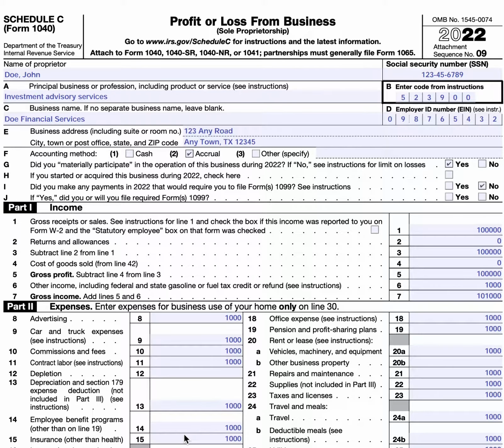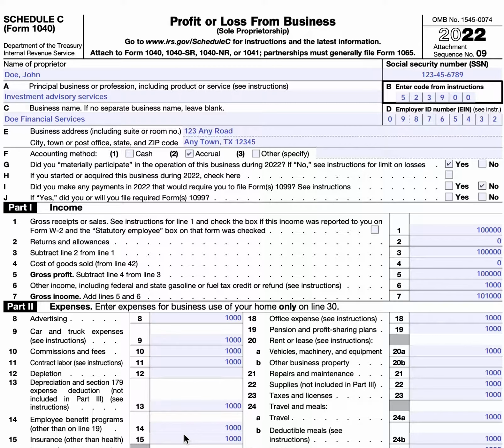We're going to go over Schedule C of your income tax return for IRS Form 1040 or 1041. So this is the tax form that records your profit or loss from business if you are a sole proprietor. However, it also includes certain other items of income, such as wages and expenses that you might have had as